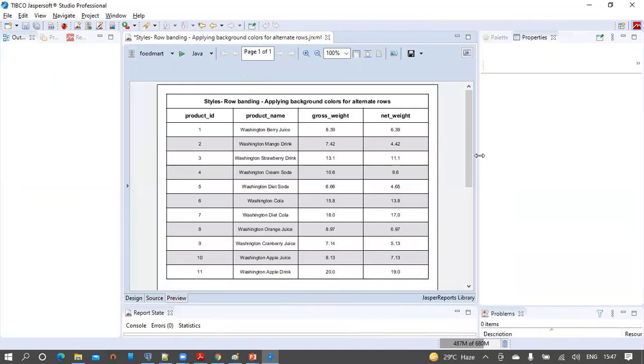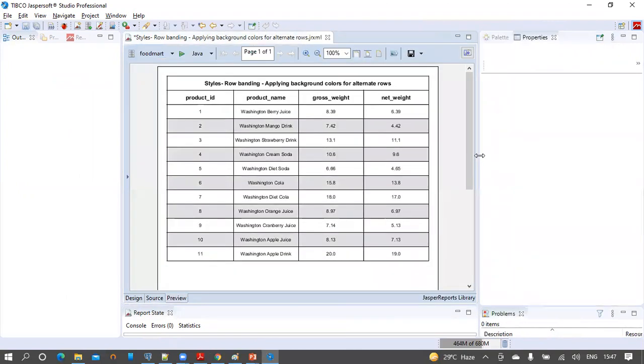Now we can see that the product detail report is displayed with alternative colors. We can see that every even row has got the conditional color applied. So this is how we can create a style in the report and we can apply it on the rows.